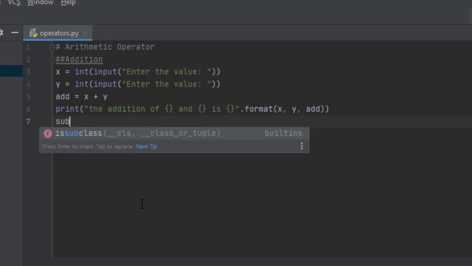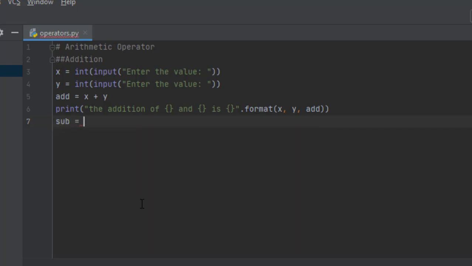So we'll simply give sub is equal to x minus y. I'm not changing the variables because I want to take two inputs and I want to work on all the operators with only those two inputs so that you'll get an idea how the values vary. So for subtraction, I'm giving a variable called sub, and the x and y values are already taken upfront. Now I'm printing the subtraction value.